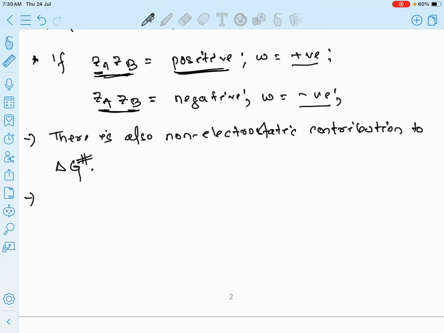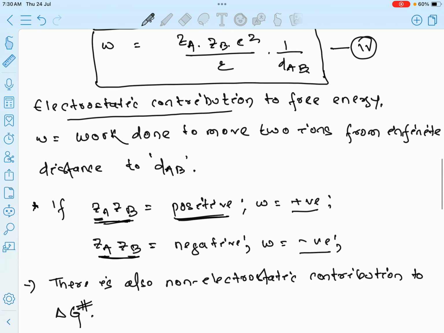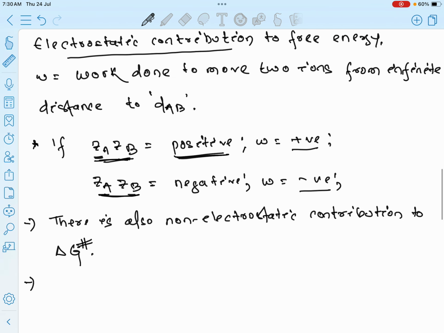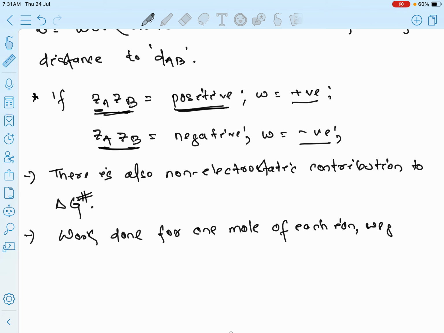Therefore, now whatever the work done we have calculated, that is calculated for one ion only. But actually, if we consider, there may be any number of molecules, any number of ions, or 1 mole of ion. So if we say work done for 1 mole of each ion, we get,